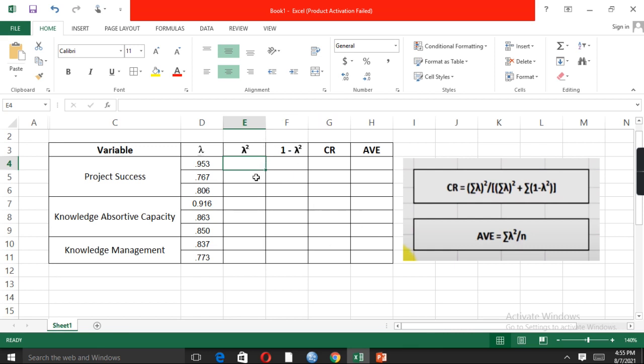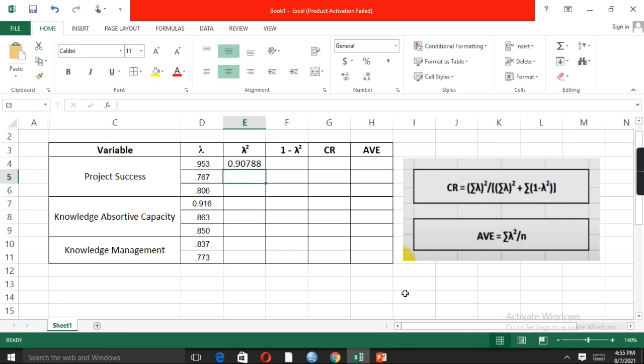So how do we calculate the value of lambda square? Equal sign, the first value and multiply by again the same value like this, and just press enter.